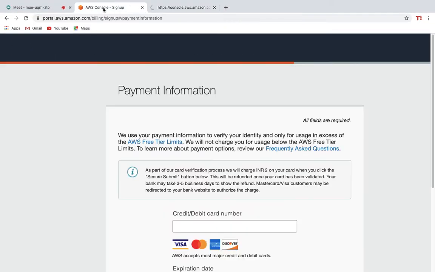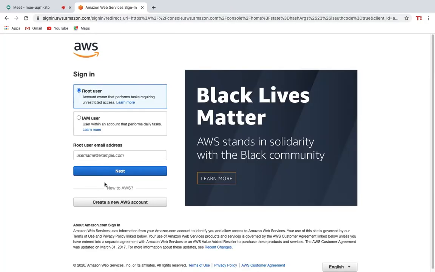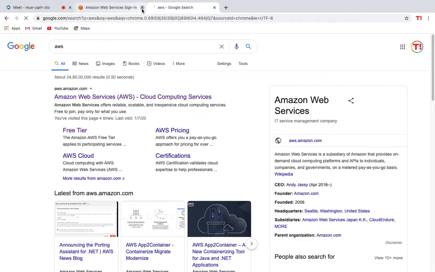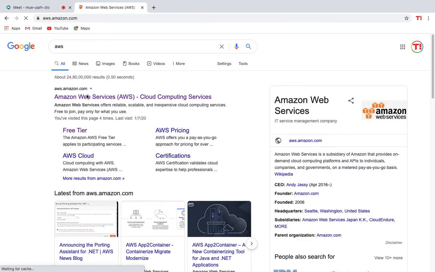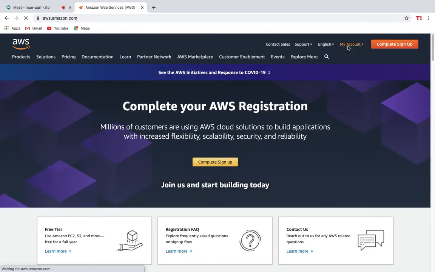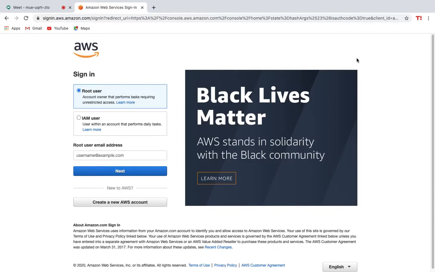After that, you can directly go to the sign in console. I'm not doing this because I already have an account. Once you make an account, go again to AWS and click on Amazon Web Services, and then go to my account, AWS Management Console. It says root user and IAM user.